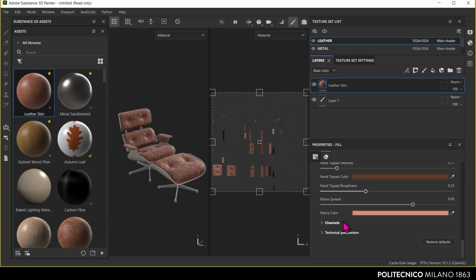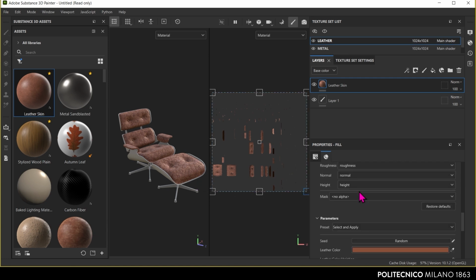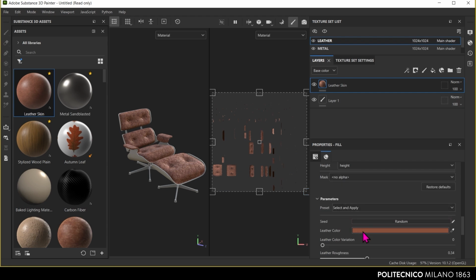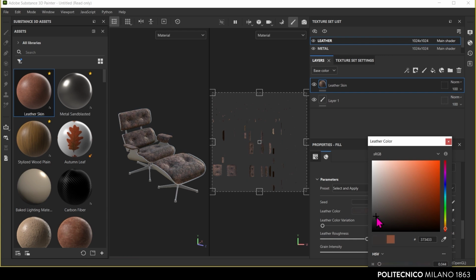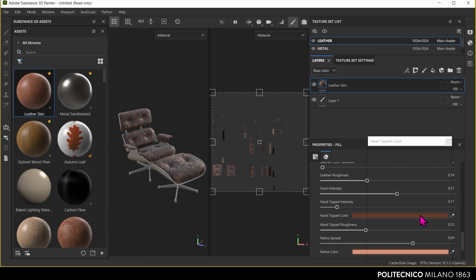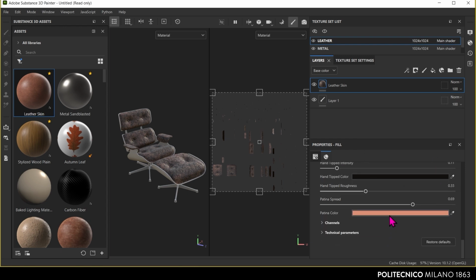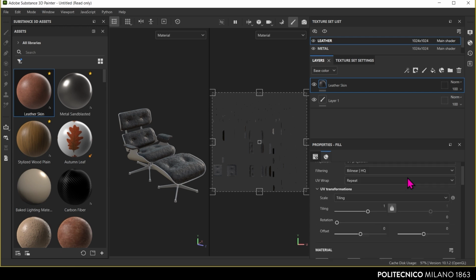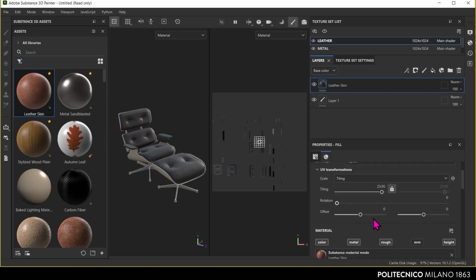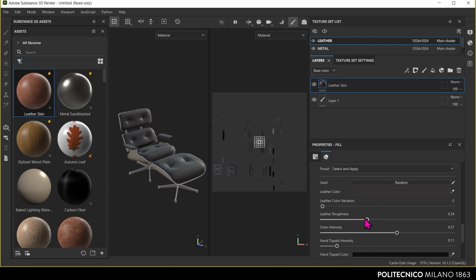By modifying these parameters, we gain control over how light interacts with the surface, adding depth and enhancing the material's realism. To complete the effect, adjust the color of the texture by selecting 3 different shades of black, creating a more natural and lifelike appearance. Adjust the texture size using the tiling command to achieve a more realistic dimension, and fine-tune the skin grain parameters to reduce the intensity of the normal map effect.